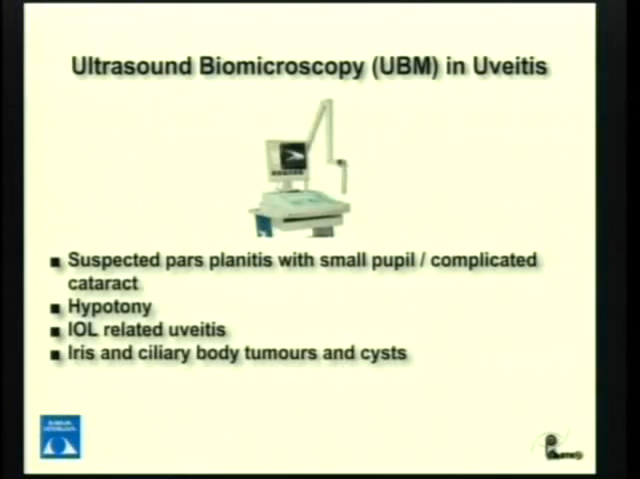A classical example where we will advise ultrasound biomicroscopy is if the patient has come with occlusio pupillae and you are suspecting pars planitis, a condition where the patient presents with chronic hypotony. Then in that case you have to do ultrasound biomicroscopy, which helps us to see the ciliary body status, the pars plana inflammation, whether any exudates are there or not. Sometimes in IOL-related uveitis also, it helps us to see whether any haptics are rubbing the ciliary body and causing the